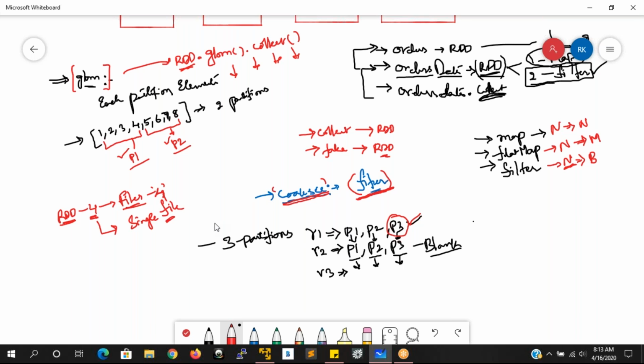So it is not only to write the data into one single file. That's what I want to conclude here. The coalesce function is not only to reduce your output into one single file and write to your HDFS location. It is to increase the performance of your Spark processing by not working on the blank partitions.